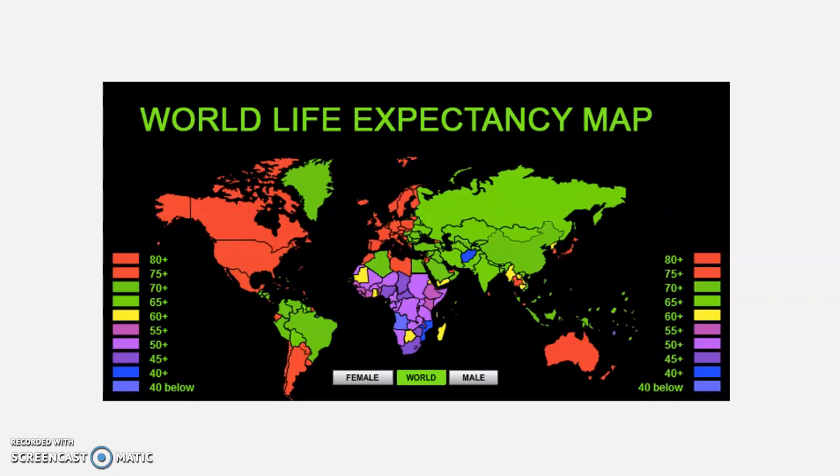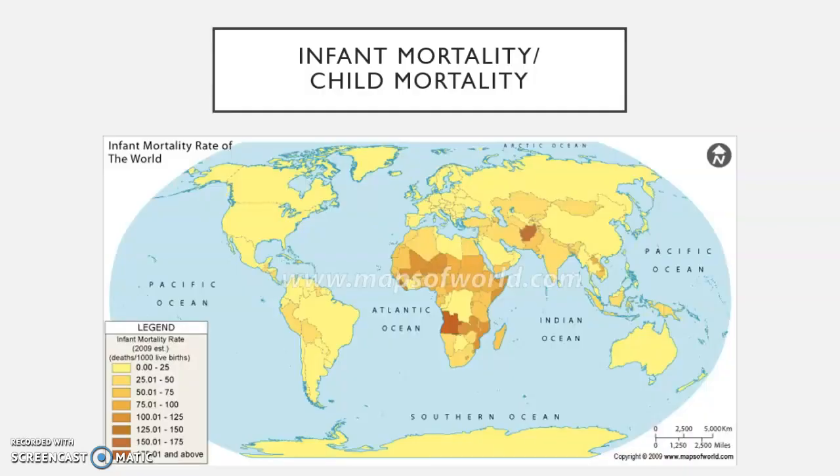Now, life expectancy in general varies. So if you look at the areas in red, life expectancy is over 80. So the United States is in that situation. It used to be, probably when I was a child growing up, in the 70s primarily. But then if you go into some of the less developed countries, the life expectancy can be as low as 45, 50. But again, all of these countries in all of these places are trending towards better infrastructure, better economic growth, and a better life expectancy.